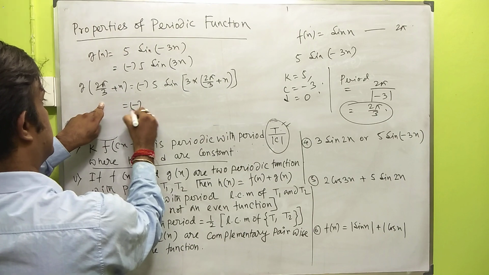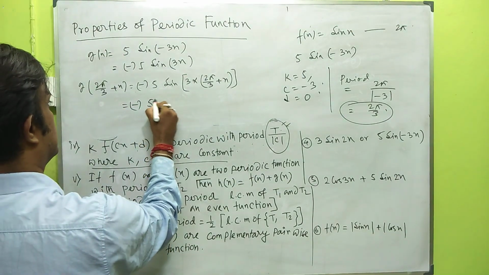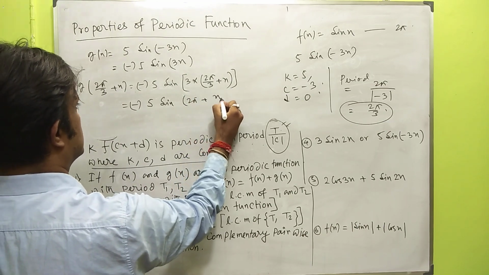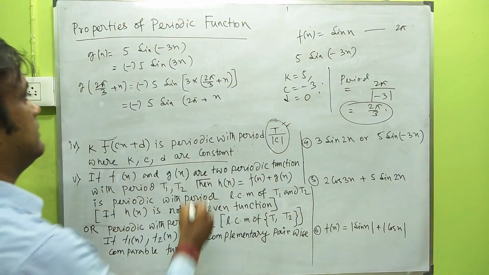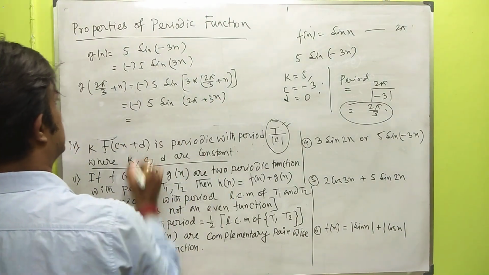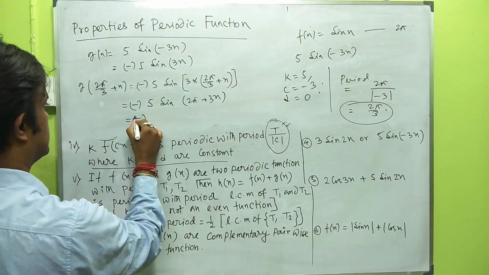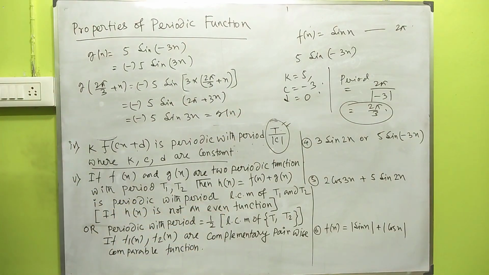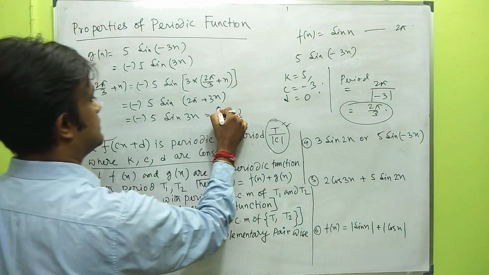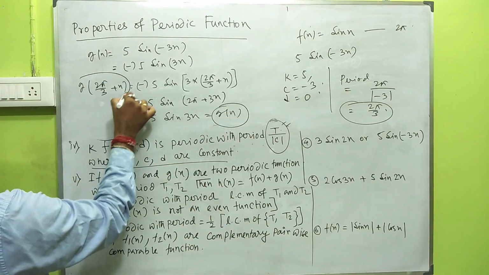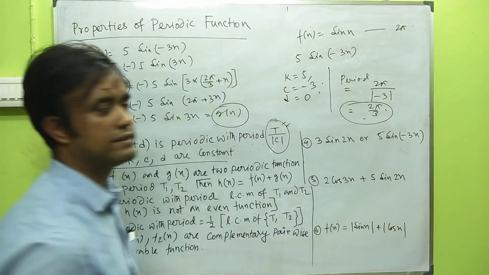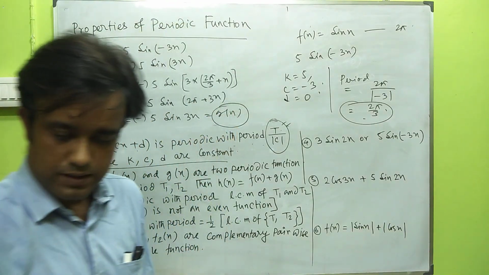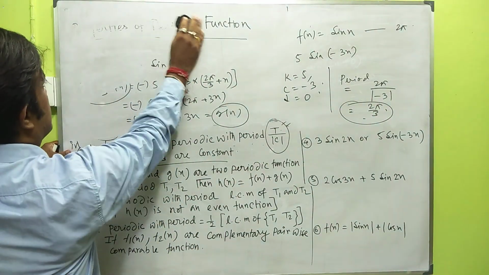Okay, that is 5 sin 2 pi plus 3x. This will be minus 5 sin 3x, that is g of x. So the period of this function is 2 pi by 3, as g of 2 pi by 3 plus x is equal to g x. So in the next property,